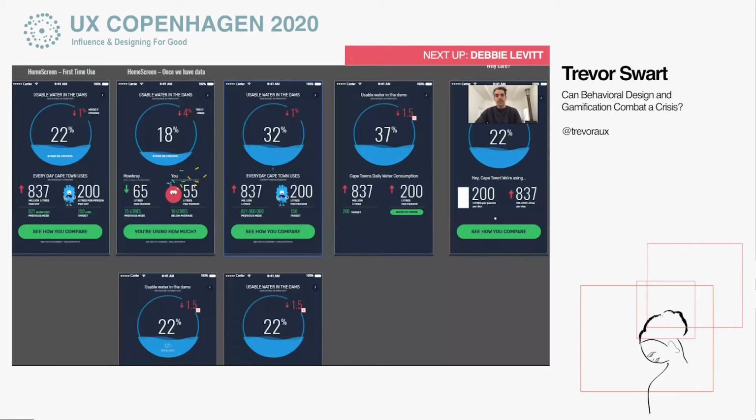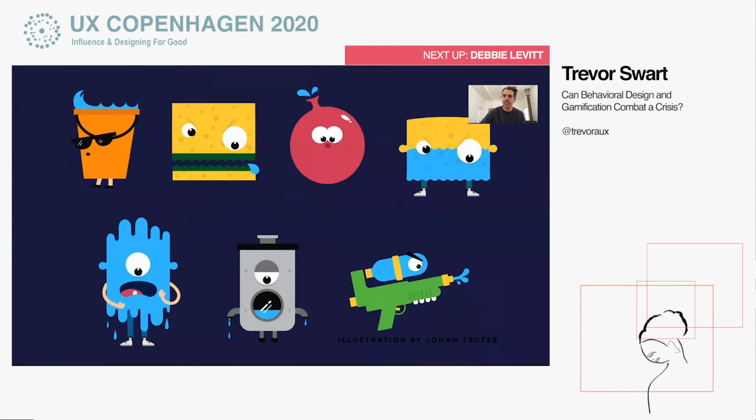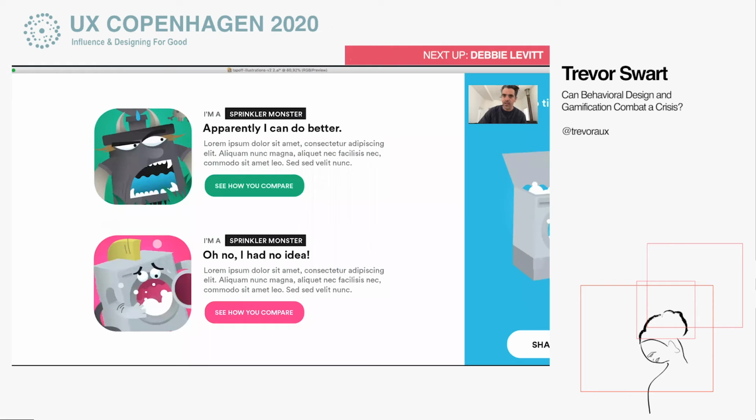We produced a number of design directions exploring key numbers that we could get our hands on, like dam levels and daily water usage. And we mixed in illustrations and designed characters that would appear as avatars or water-using personas, depending on how much you were using and if you were over or under the guidelines. We imagined having messages like, "You're saving buckets," top left, or "You're just a sponge." This is the sprinkler monster for people that were still using their sprinklers and watering their gardens, designed by Johan. And these are some of the quick throwdown artboards that we used during our